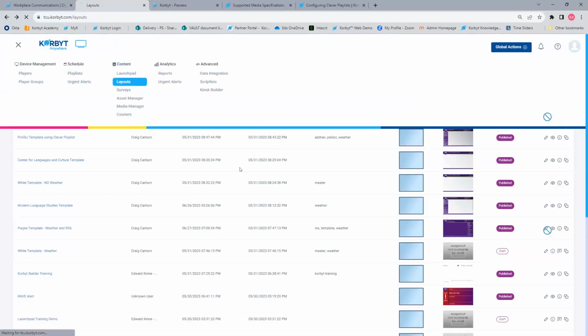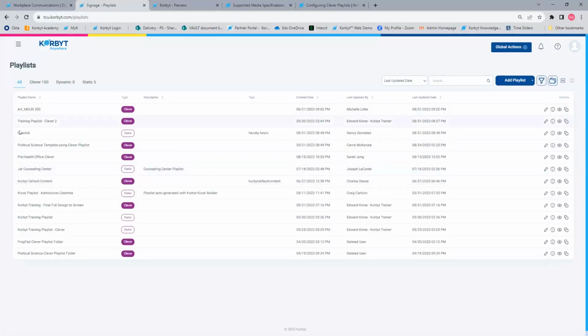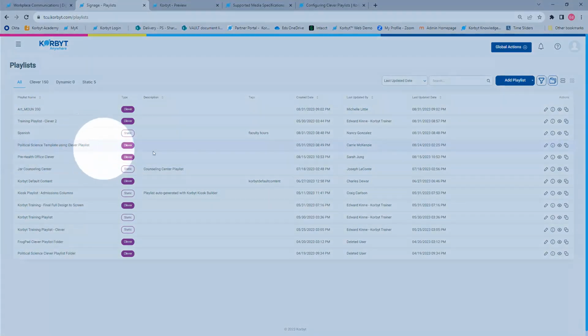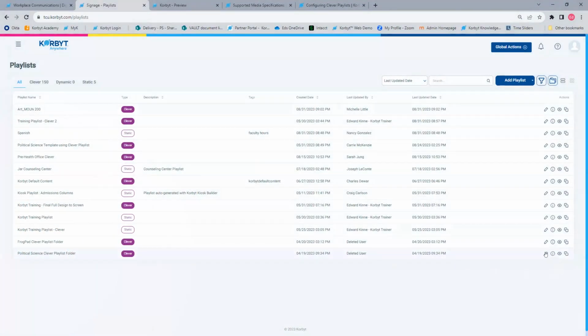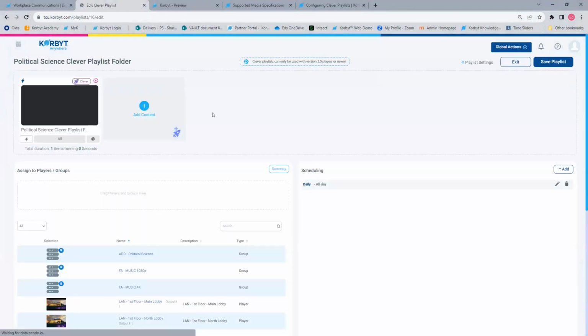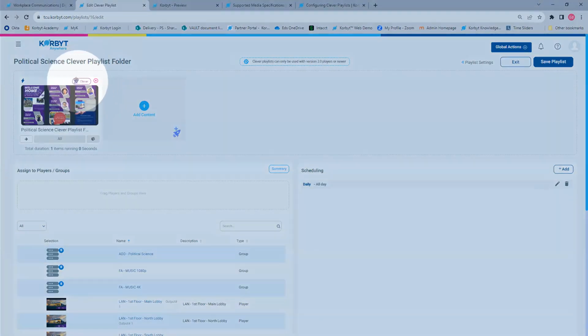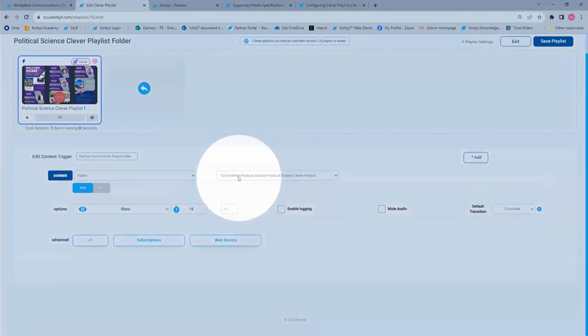Let me see if I have access to that playlist. Yep, political science template using clever playlist folder. There we are, political science clever playlist folder. So if I click my pencil on this playlist, you can see it has one item. It's a clever rule. It's pulling in items from the folder TCU, AdRan, political science clever playlist, just looking at those items.